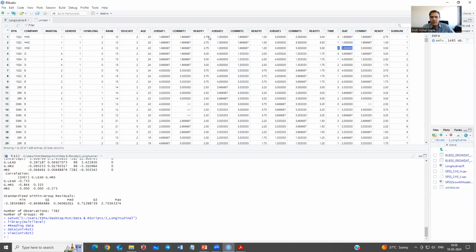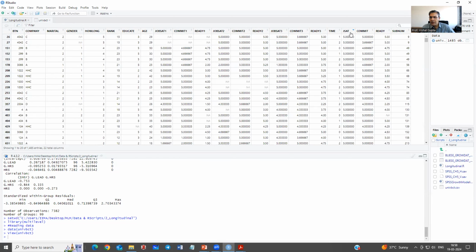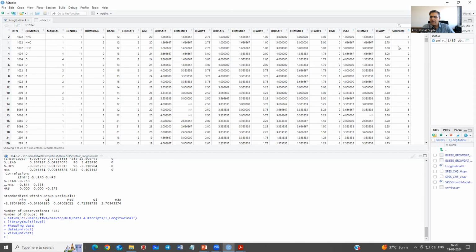So what was actually horizontally arranged here has now been vertically arranged. Okay, so job satisfaction, commitment, and readiness, and you have this sub number, which is actually the identifier. This is the number of the